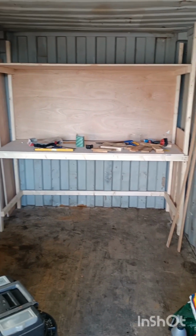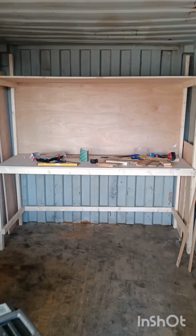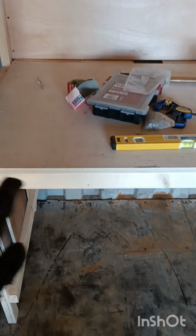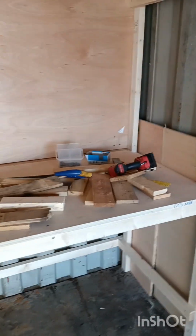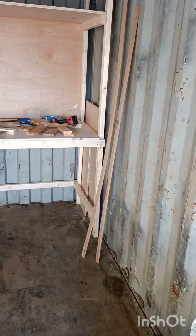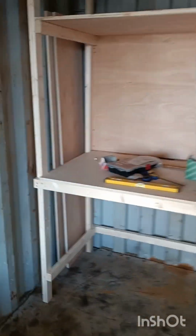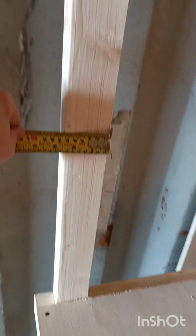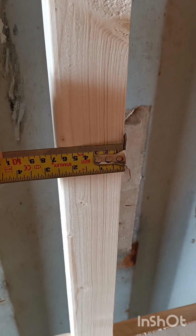Okay, so this is the workbench, more or less finished. I put 18 mil plywood at the back, same as the worktop, 18 mil plywood. Took me more or less 2 sheets, plus I have a lot of cut-offs over there and over there, plus probably about 8 lengths of timber. I think this one is a 2.5 by 2.1, something like that. Let's measure it up. Right, 2.5